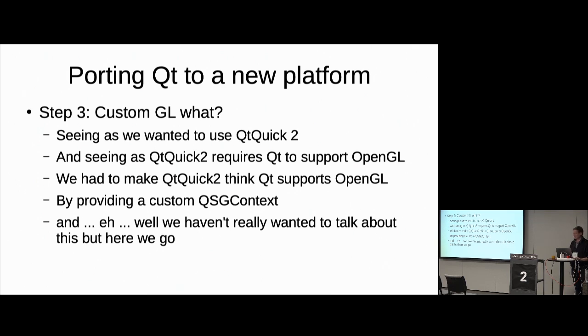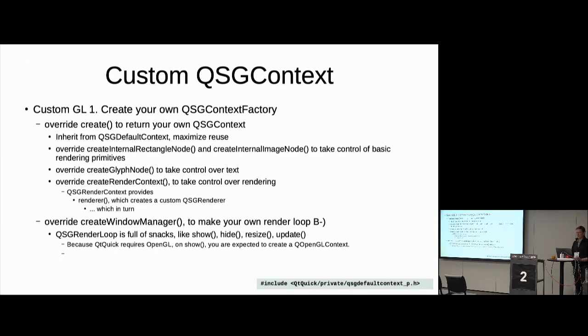So what we did is that we found an internal class inside of QML in declarative called QSGContext. Internal as in, I think Qt developers were pretty fine with us using it, but it was just no documentation and no examples, so you're pretty much on your own. And we didn't really want to share that with Qt developers or anyone, but I feel like, whatever.